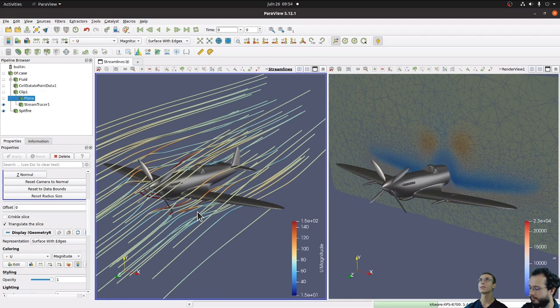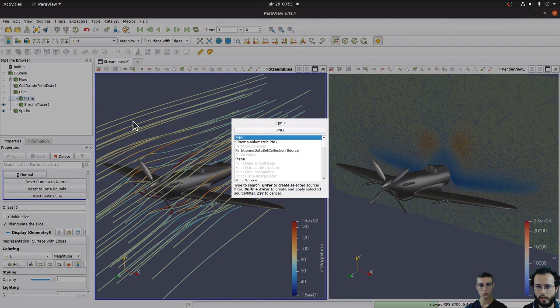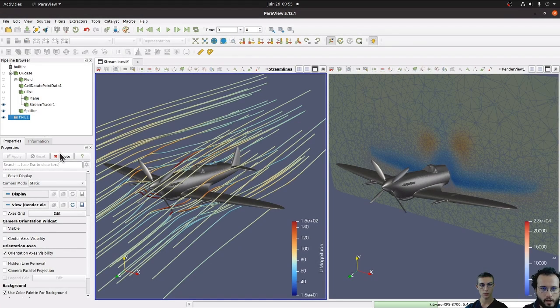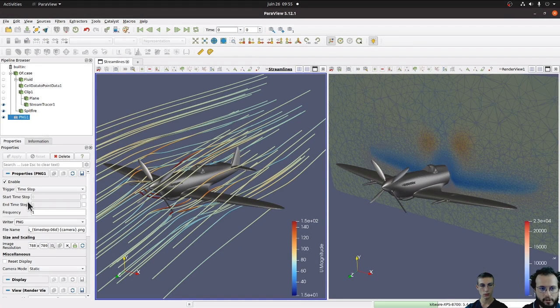Now, okay, it's nice saving screenshots, but is there a way to automate that and not have to press screenshot and configure it every time? Yeah, if you know that you want to produce a specific screenshot, and you will have to reproduce it several times because you change the input data or because you change small parameters in the previous pipeline, to make it easier, you can use extractors. Extractors are basically just writers, and we have a PNG extractor, so I can just press Control Space for the quick launch window and use PNG. And then the PNG extractor is some kind of writer that can be easily